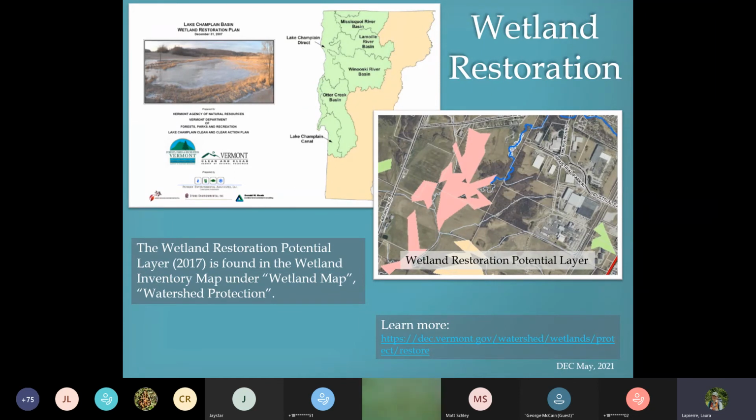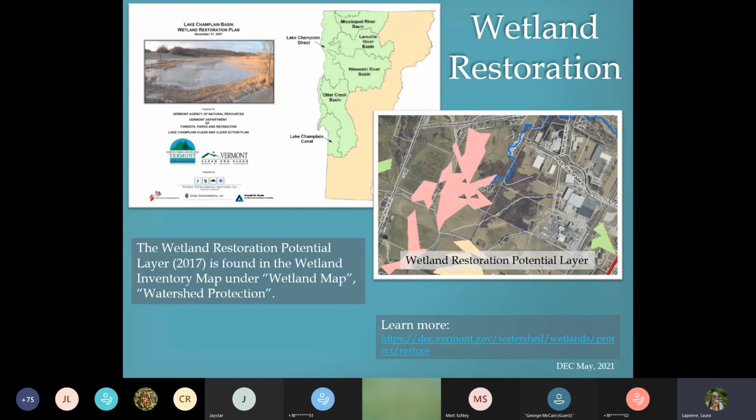And the secondary benefits for fish and wildlife, flood attenuation, and recreation are really substantial. Doing wetland restoration does not need a wetlands permit. It does need a plan approved by the program, but there's no permit or fee associated with that restoration.